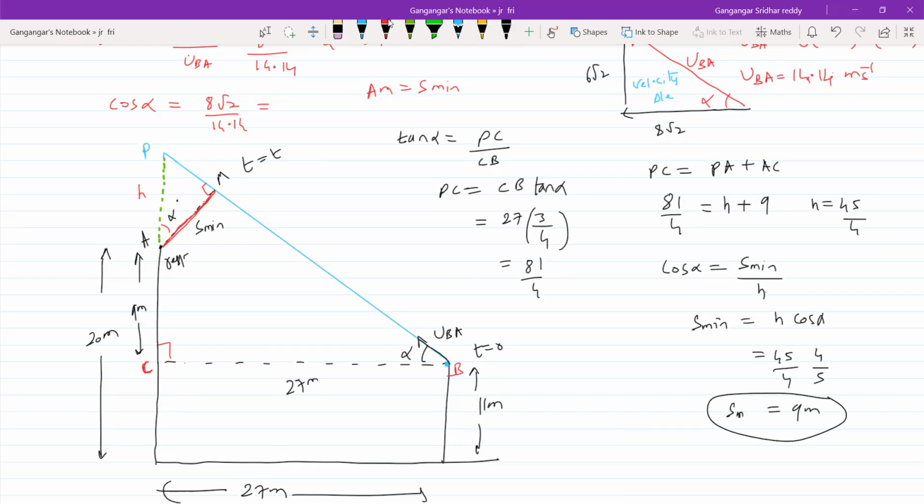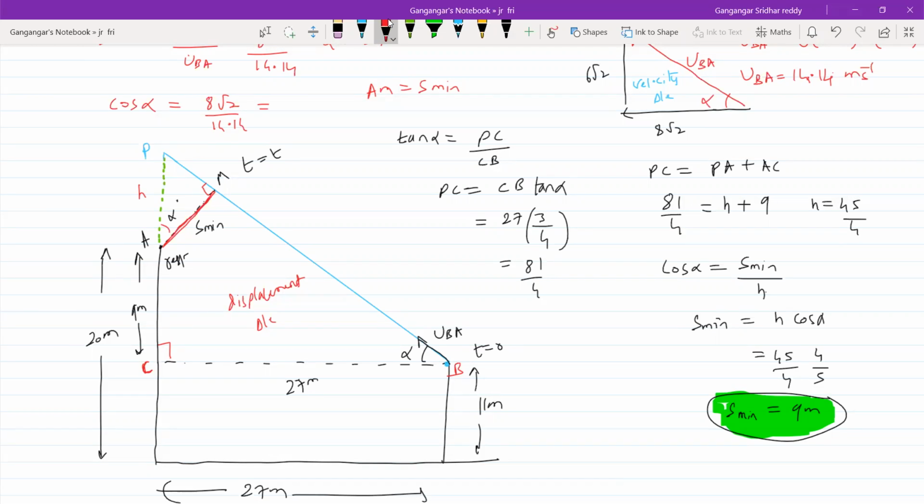See how a student has to get into the diagram. He should work it out. You should know the diagram, how it will move, what will happen in the triangle. So here we had a displacement triangle. Irrespective of the type of situation or drawing, velocity triangle or displacement triangle, the problem is the same: you work out the velocity of A with respect to B, UBA, get the diagram, work out, and you'll get the same answer.